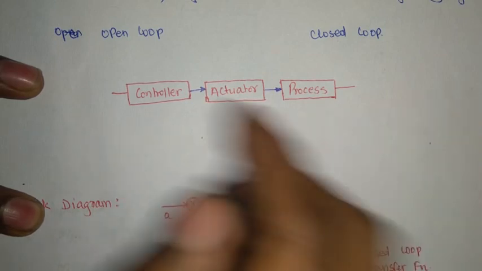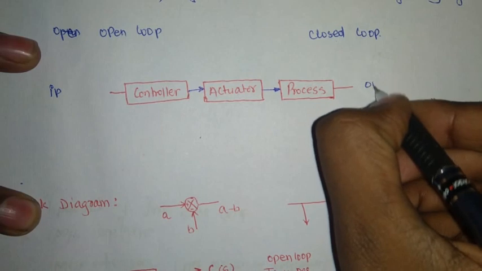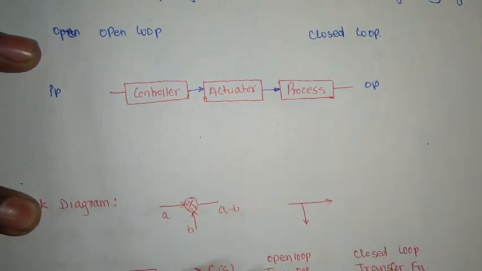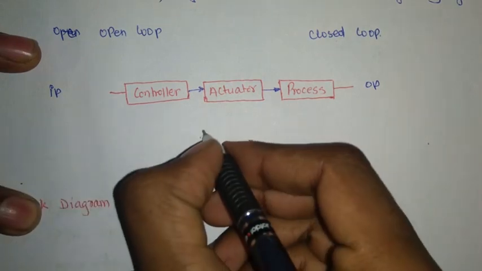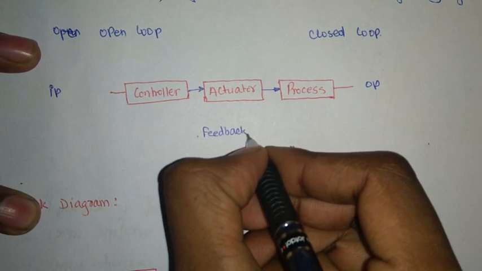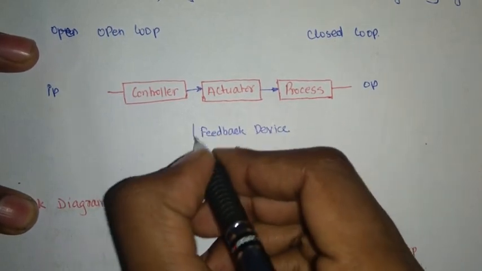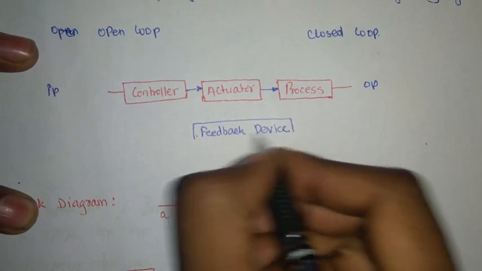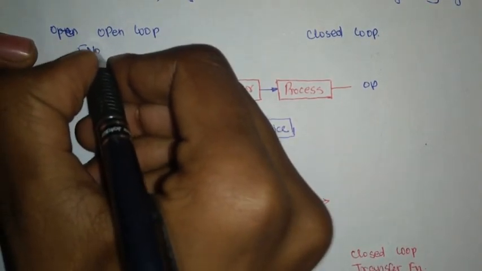Now if that's all, I mean, if I have an input here and then I am getting one output here, if that is the system, then it is known as open loop. Open loop means we do not have any system for feedback here. There is no feedback monitoring device. Okay, there is no feedback monitoring that we have here in case of an open loop. Okay, that must be clear to you. Open loop means no feedback